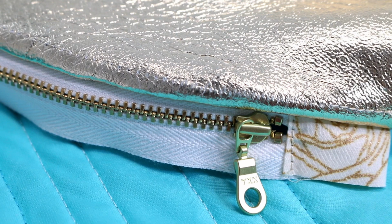So I don't know what to do with this now. I actually can't really get this off because the leather tape is very strong, and I don't know what to do with this piece. Should I cut it up and try to make something smaller, maybe the smaller petal pouch out of leather? But the only problem with that is that I don't have a smaller zipper that would go with it, because this gold zipper was just so perfect. I was really excited. So I don't know what to do now, but if you have any suggestions for what I should do with this leather piece, and I also have more leather, I do think I'm going to try to make a purse,